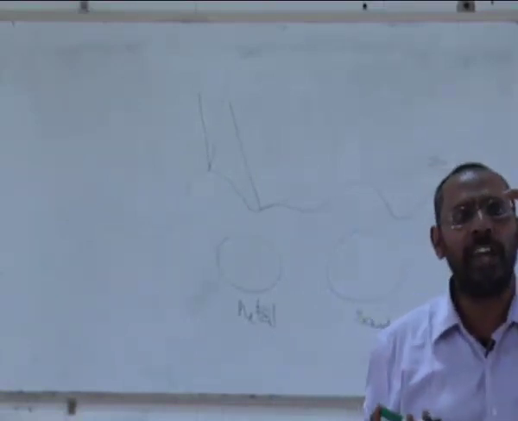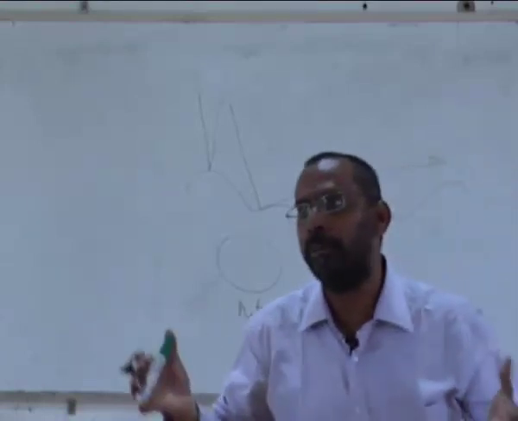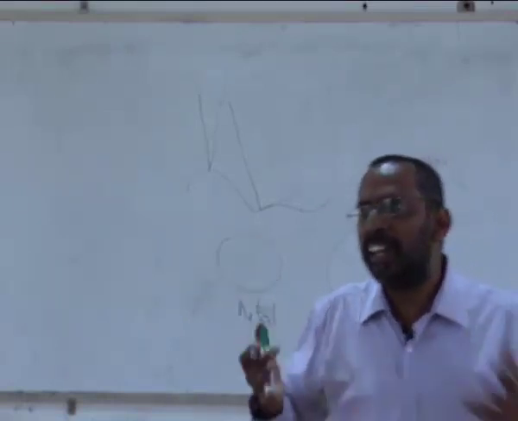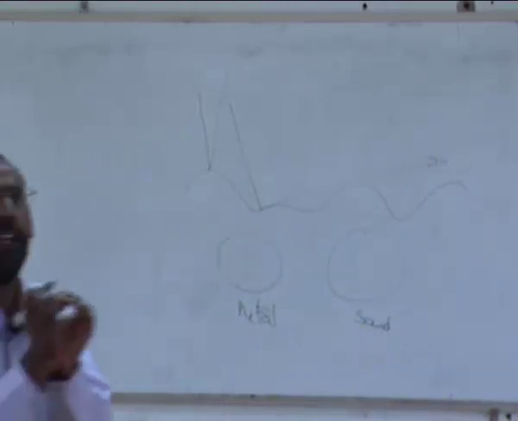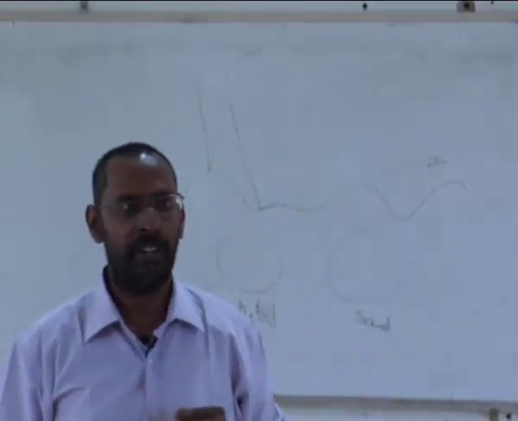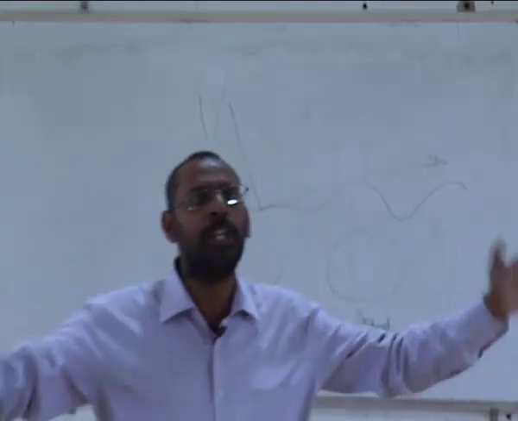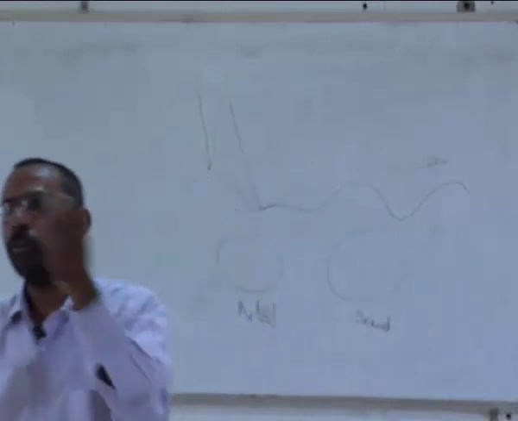When I cool a liquid faster, it does not solidify at the melting point, but gets cooled below the melting point because you are not providing time for it to start solidifying at the melting point. So because there is an inertia in every system. If you want, what is the meaning of nucleation? Nucleation means atoms have to come together and form a critical size called R star. Unless an R star forms, nucleation is not complete. For the R star to form, you need atoms to come together. You need to provide some time for the atoms to come together and form that R star.